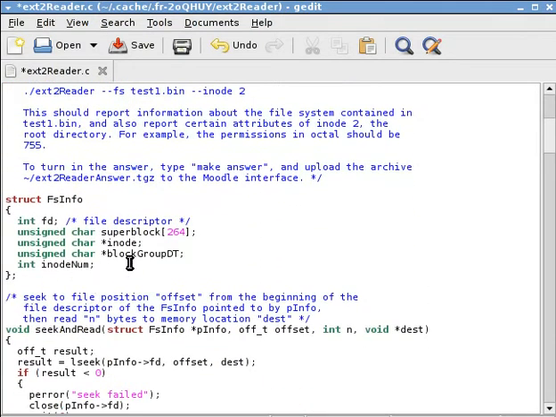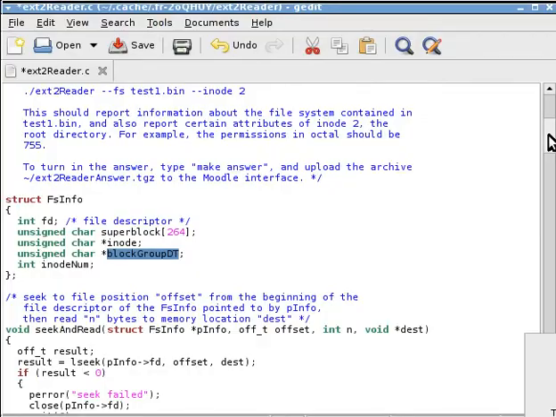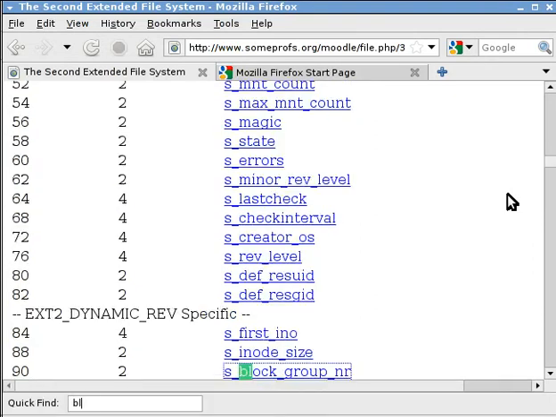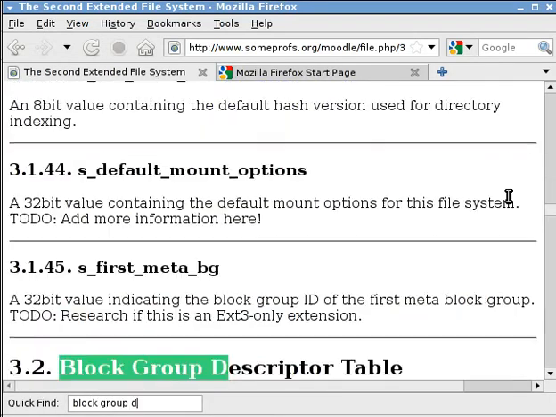The structure here has a block group DT, which is the block group descriptor table. Now that is important because if we go back to the documentation here, the block group descriptor table, okay, so let's search for block group descriptor table,